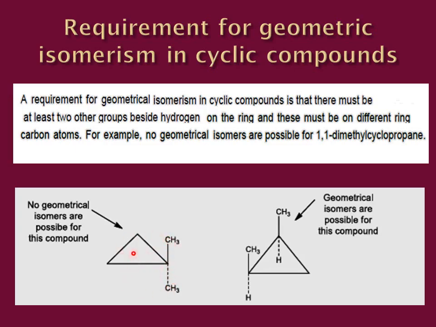Now you can see 1,2-dimethyl cyclopropane. It has two methyl groups on separate carbon atoms which are adjacent to each other. Therefore, isomerism is possible. This is cis 1,2-dimethyl cyclopropane. And if this methyl would be below this plane, it would be the trans isomer. But if we transfer this methyl below the ring and this methyl above the ring, it is not going to make any difference. That is why in such compounds, cis and trans